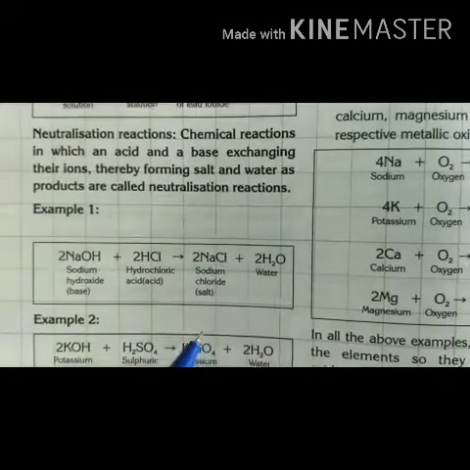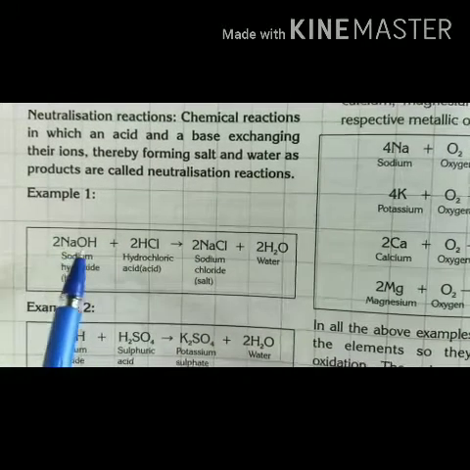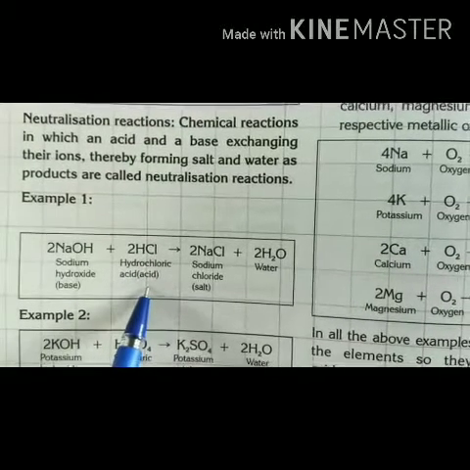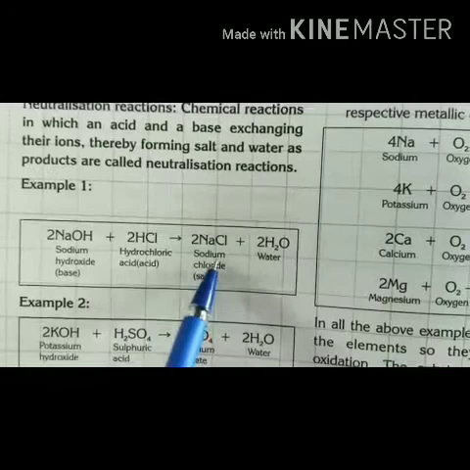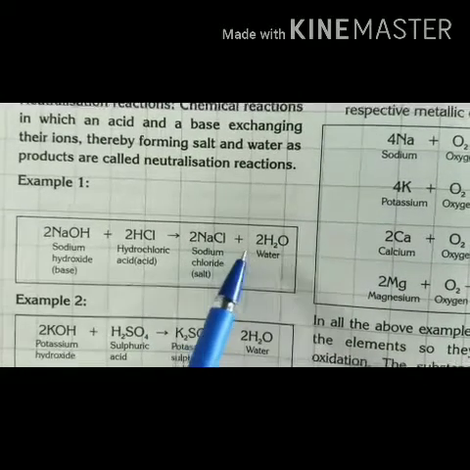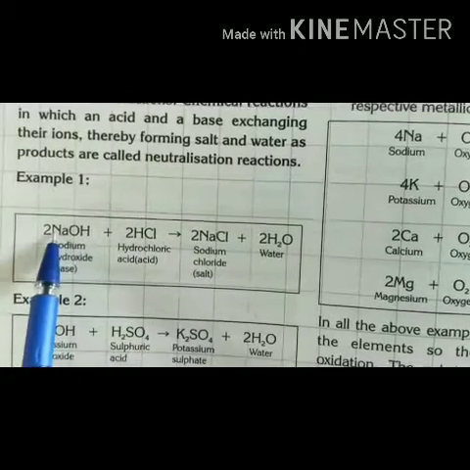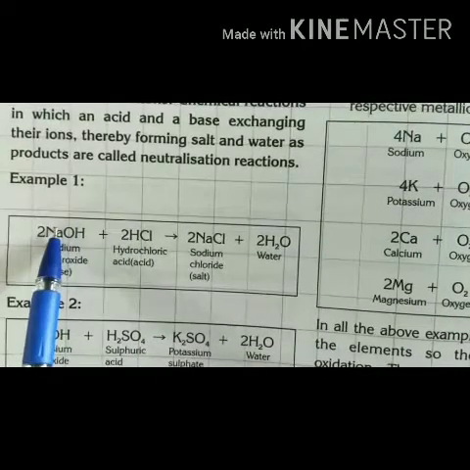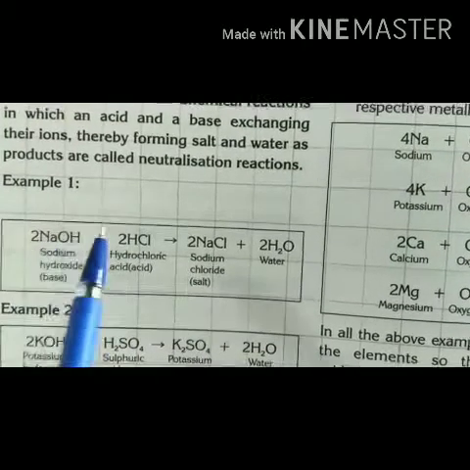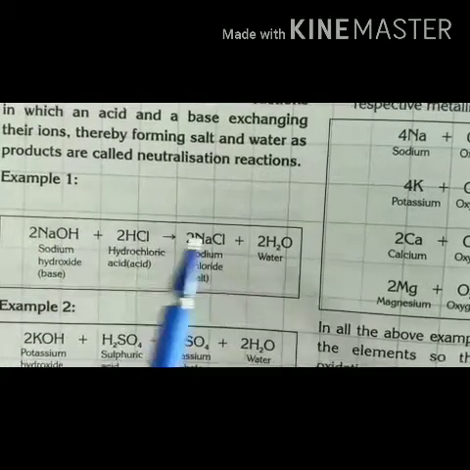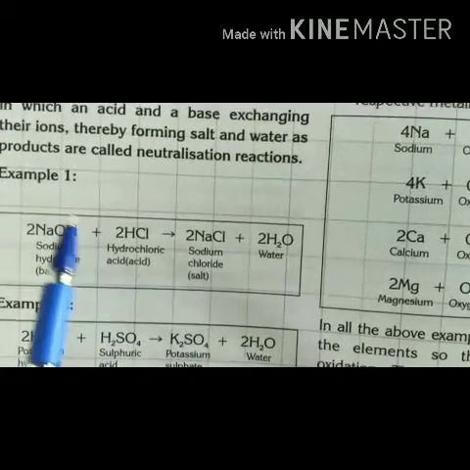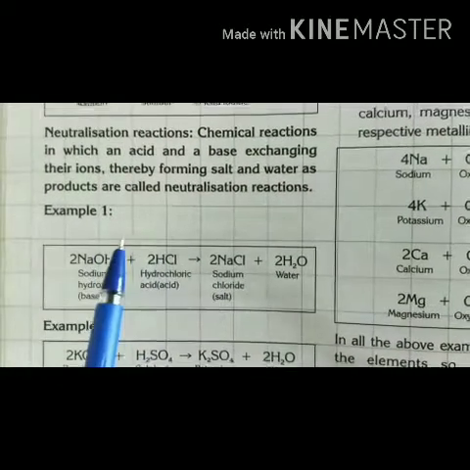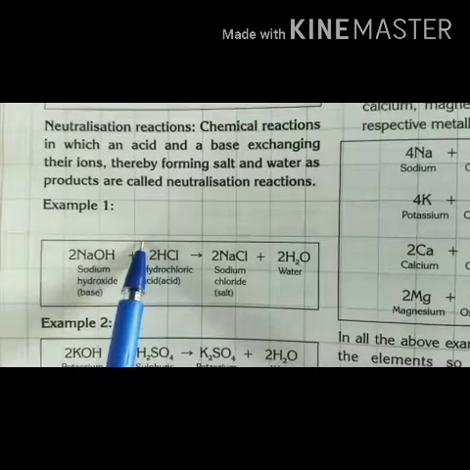As I told you earlier, here you can see NaOH, which is sodium hydroxide, combines with hydrochloric acid. Okay, they produce sodium chloride, and sodium chloride is salt, and water. Here you can see Na replaces the place of hydrogen, and hydrogen takes the place of Na, means sodium. Now the Na goes to the place of H and forms NaCl, and hydrogen goes to the place of Na and forms H2O. So this type of reaction is known as a neutralization double displacement reaction.